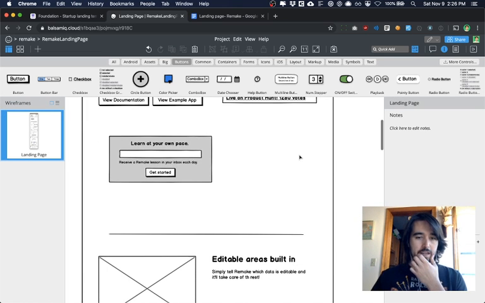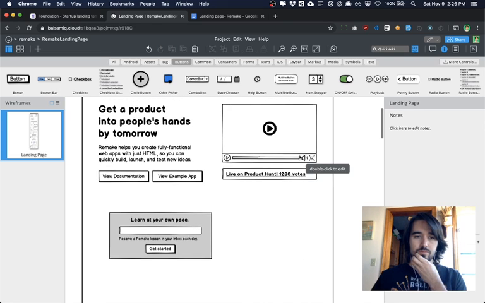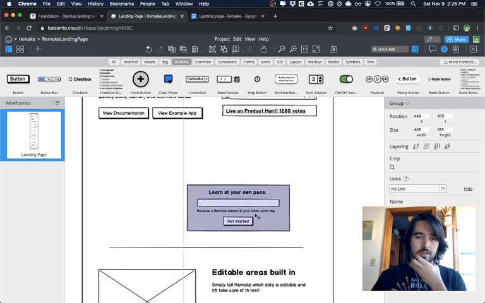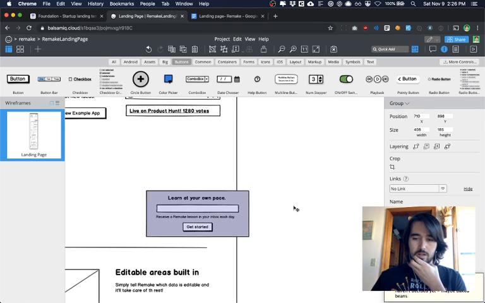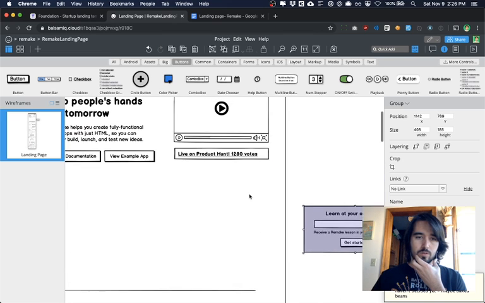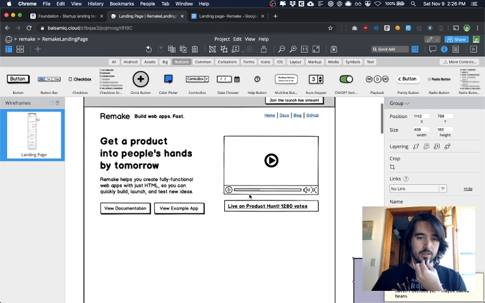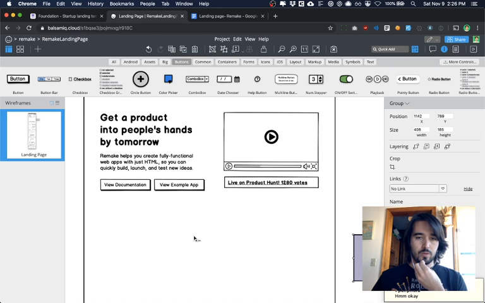What did you guys think about that? This is the main call to action. Then down lower, we put that call to action. Because the idea here would be that they need to understand more about Remake before they commit to